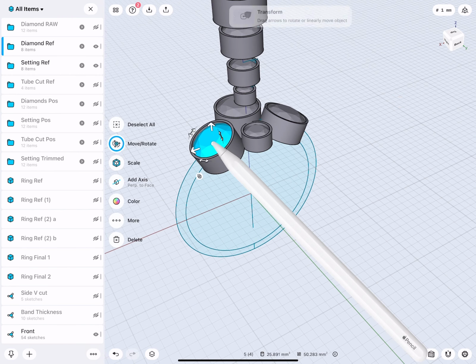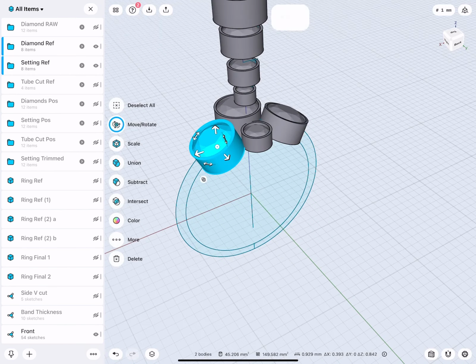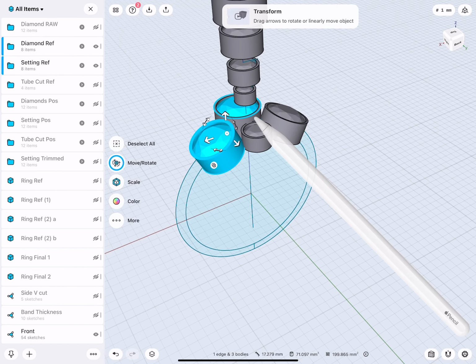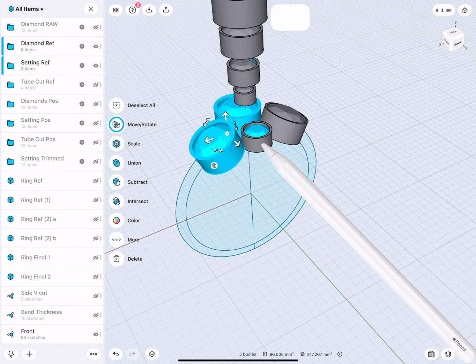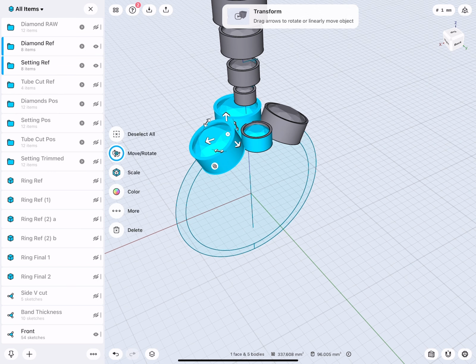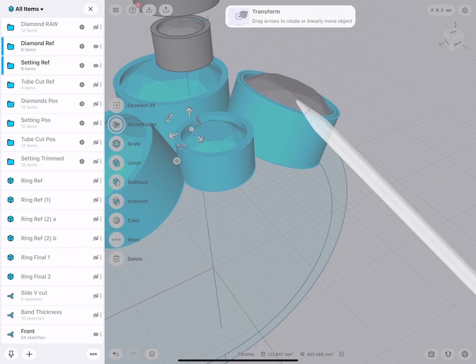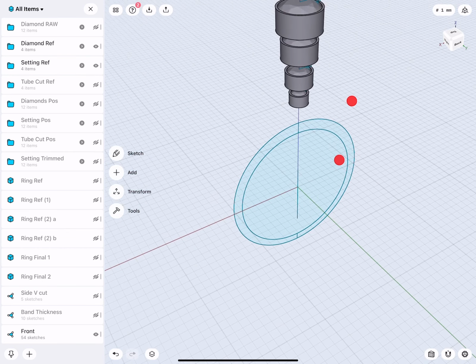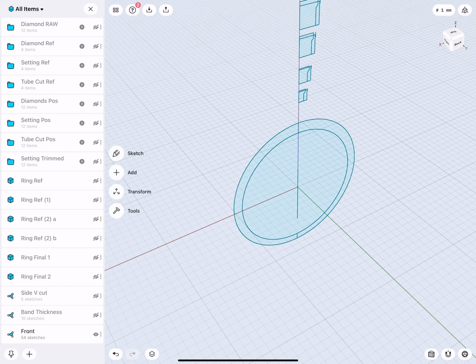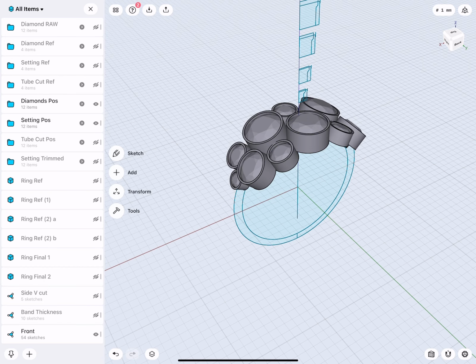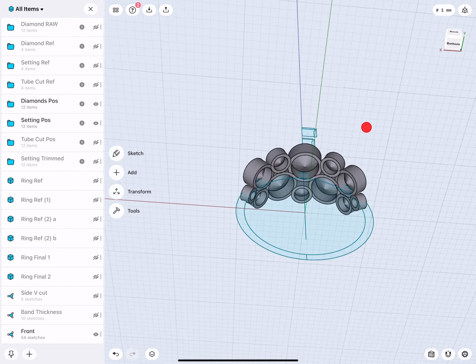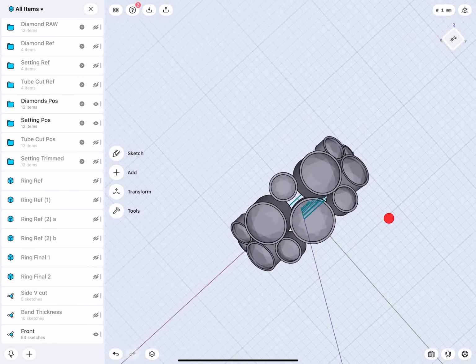Very good. Okay, so let me select all those and remove them. Very good. Okay. So this process then resulted in the stones and the tube settings all positioned like there.